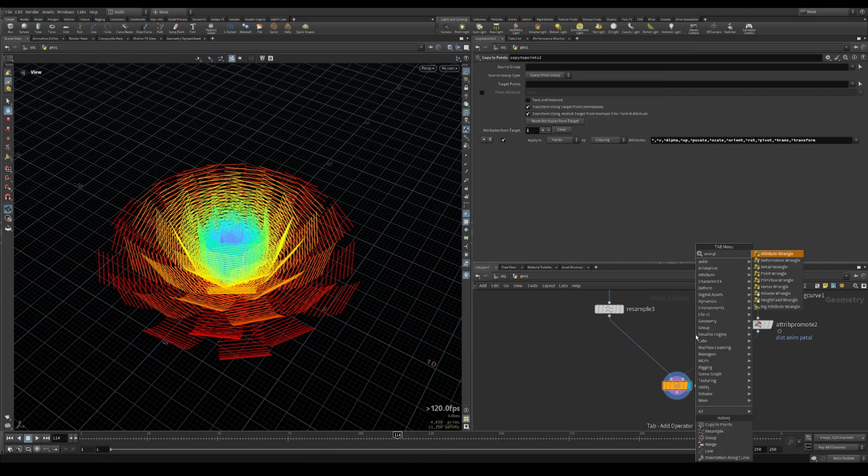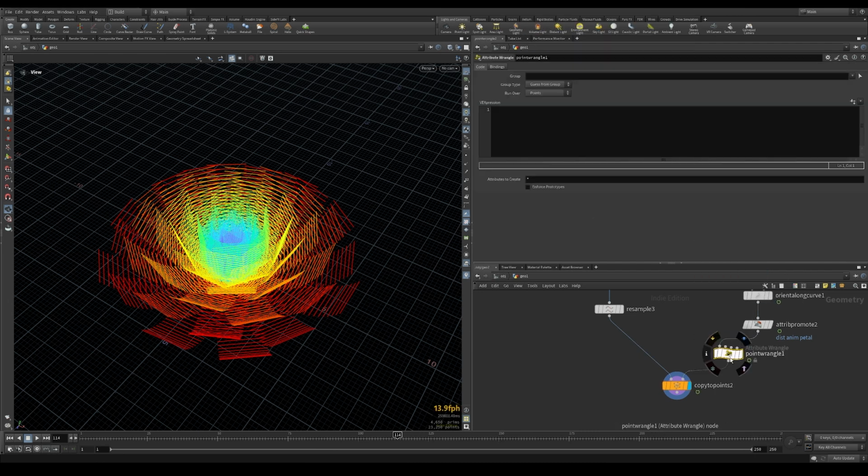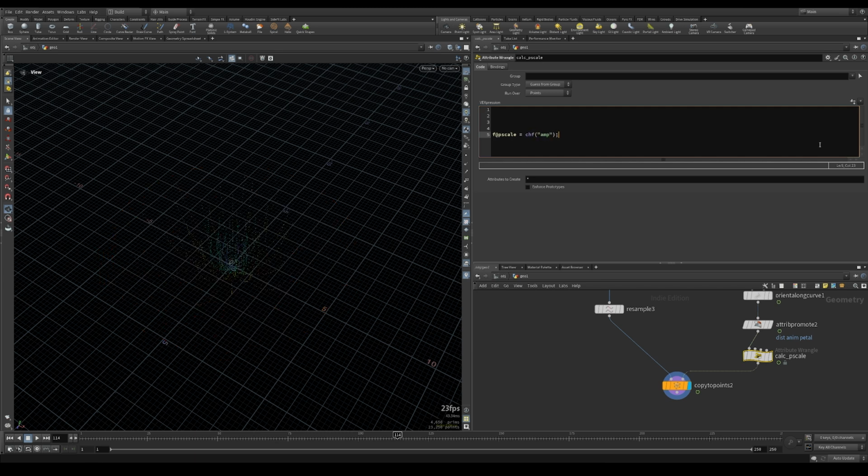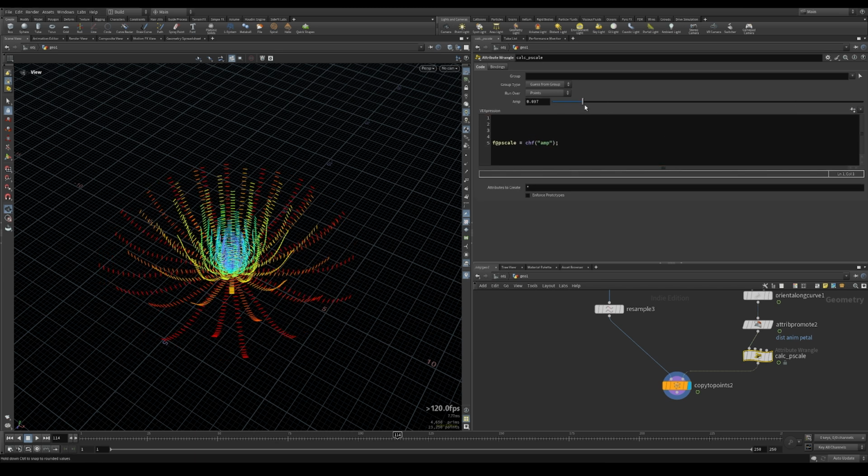So let's take a point wrangle before the copy, of course, this will be called calc p-scale. And inside here, let's just start by creating the attribute. So f at p-scale is equal to, for now, let's just create a global controller just to ensure that it's working,